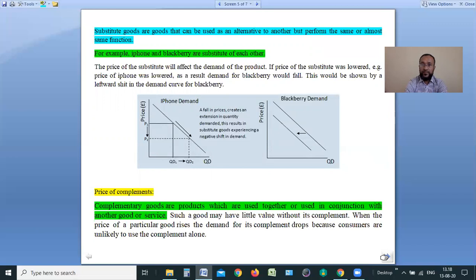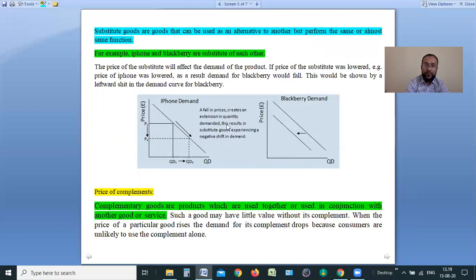If the price of a substitute was lowered, for example, if the price of iPhone was lowered, as a result, demand for BlackBerry will fall. This would be shown in a leftward shift in the demand curve for BlackBerry. So here there are two different demand curves. The first one is showing the demand curve for iPhone, and this is showing the demand curve for the BlackBerry. So when the price of iPhone was P1, total demand for iPhone was QD1, and this was the demand curve